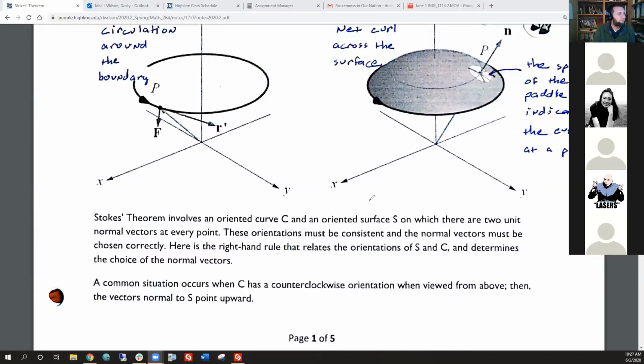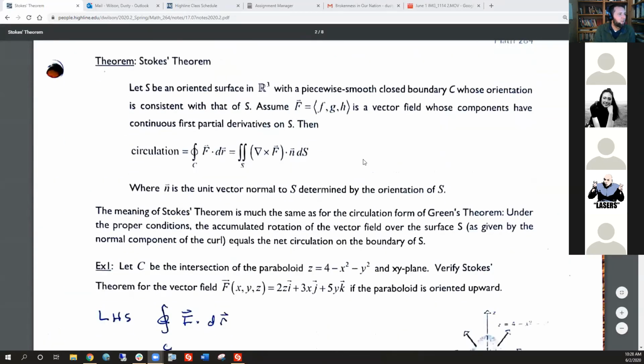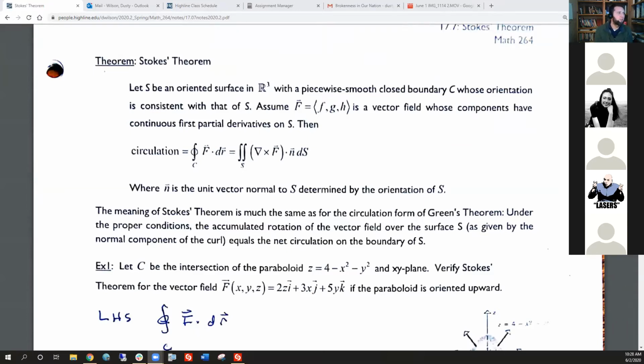Nice. Okay, let's keep going. So here's Stokes' theorem. Before we had just the short version, here it is kind of in all of its glory. Stokes' theorem: let S be an oriented surface in R3 with a piecewise smooth closed boundary C whose orientation is consistent with that of S. Assume that F equals FGH is a vector field whose components have continuous first partial derivatives on S. Then the circulation about C of F dot dr is equal to the surface integral of the curl dot n